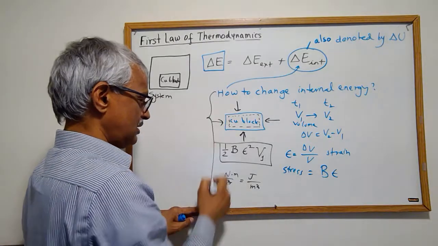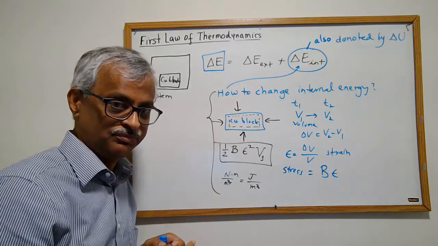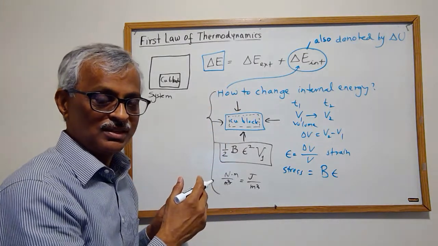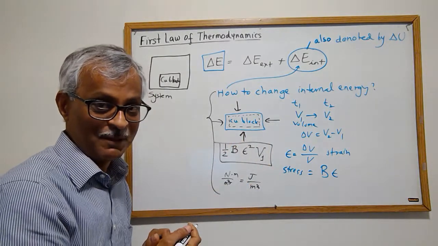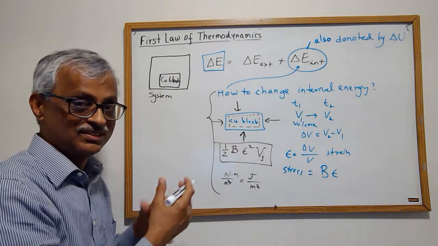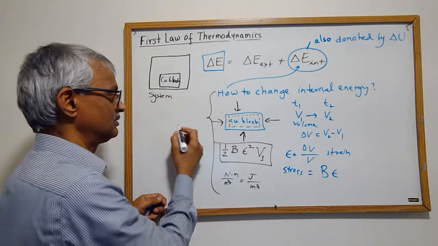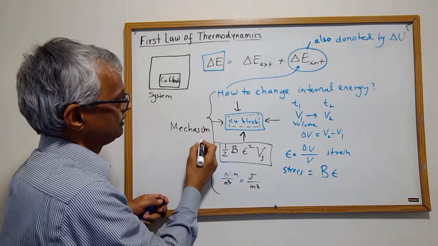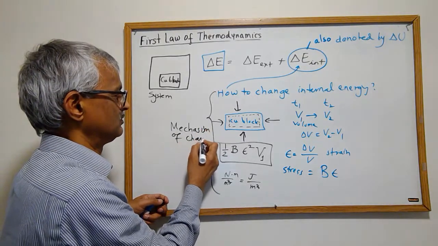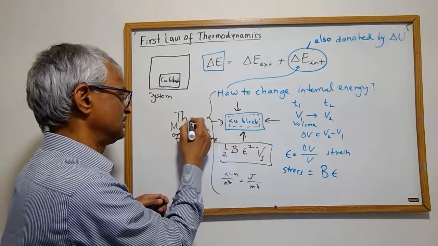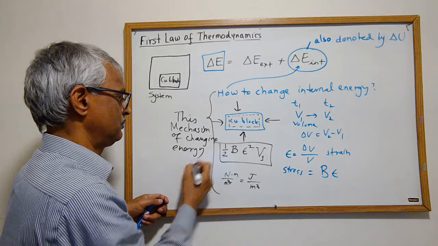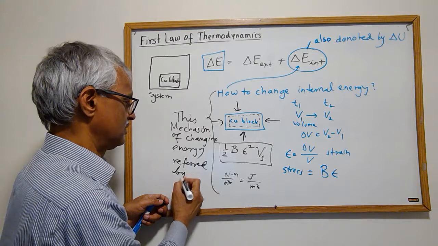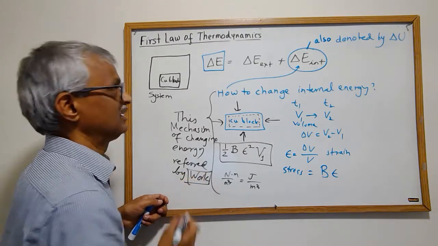So this type of thing is called work. This mechanism of changing internal energy is work, because there's a force involved here, right? And you remember force times distance is work. So this mechanism of changing energy is referred to by work. So we'll say